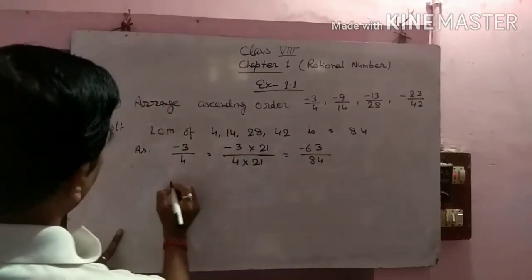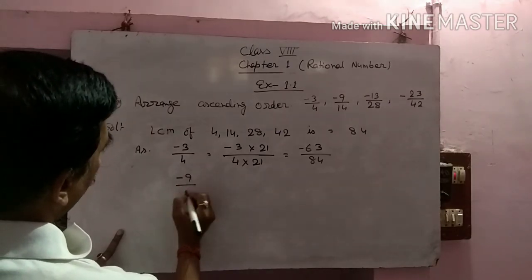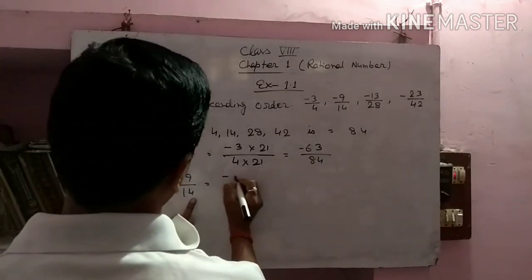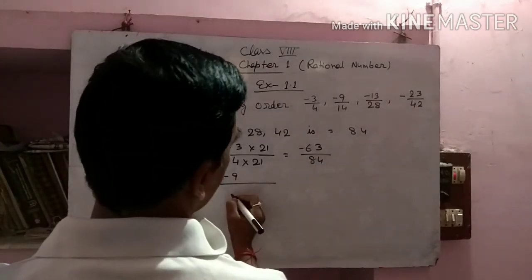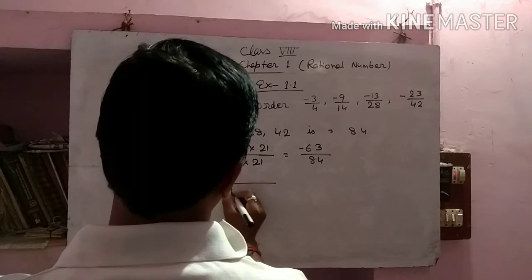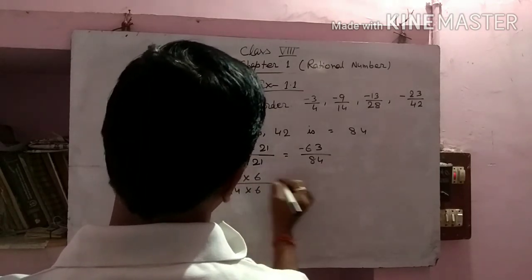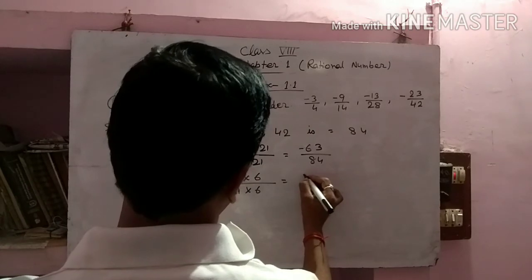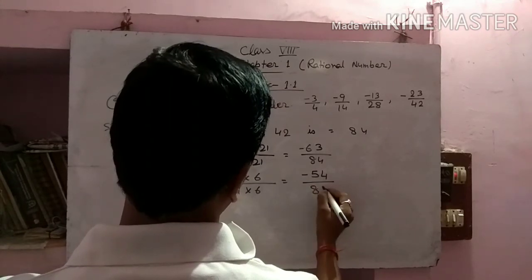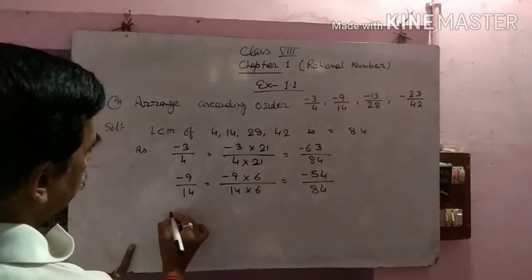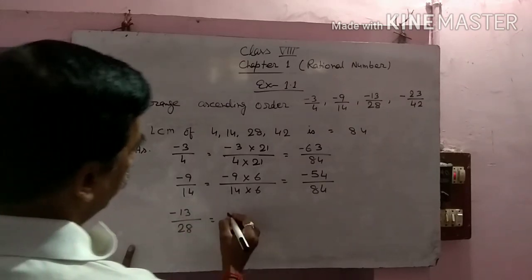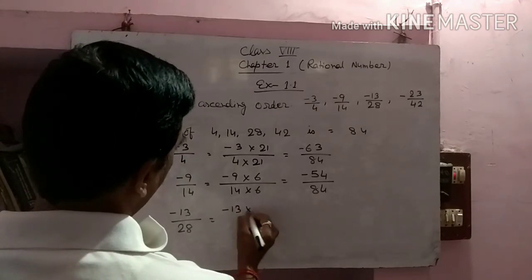You will get minus 63 by 84. Next one is minus 9 by 14. So minus 9 by 14 into 6 by 6, so it becomes minus 54 by 84. Next one is minus 13 by 28. So it becomes minus 13 by